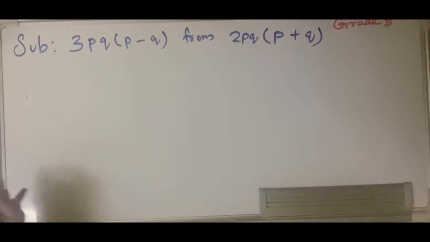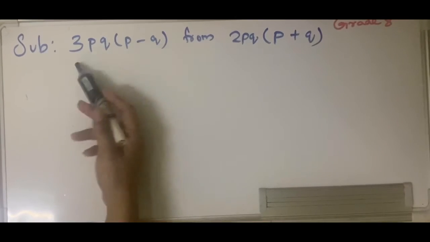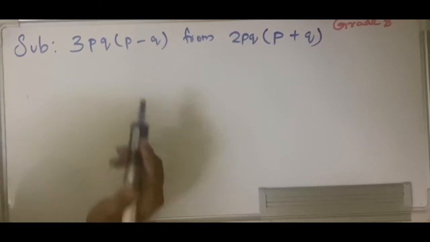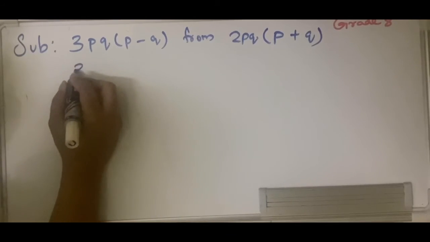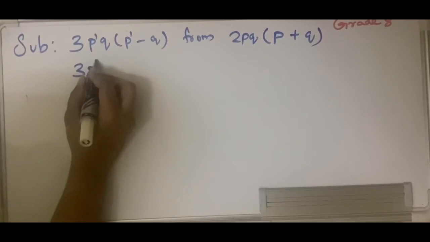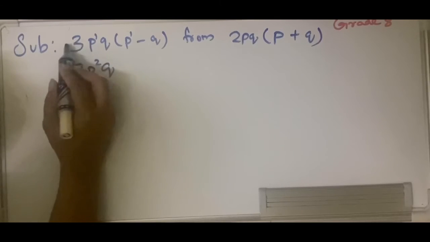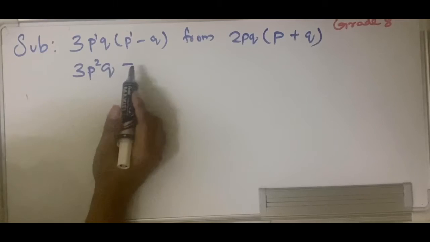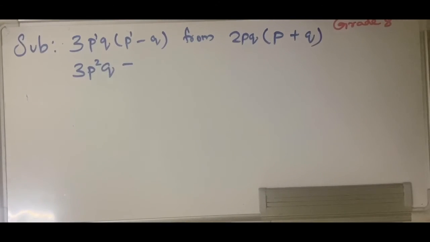Now this example is about subtraction, right? So before doing the subtraction, we need to simplify the expression further in order to make it into the form of subtraction. So here 3p cube multiplied by p, it's quite simple because there is no other number to multiply, so it's 3 only. p times p would give you p square, and you have q alone. Minus, yeah, because a positive and a minus means you put a minus. If you had both negative, you put a positive, whereas if you have one positive and one negative, you do negative. Clear?